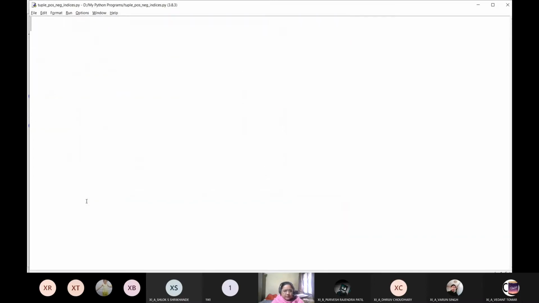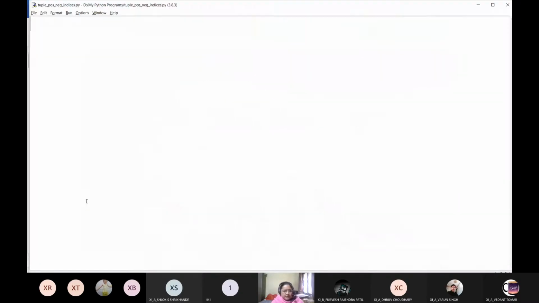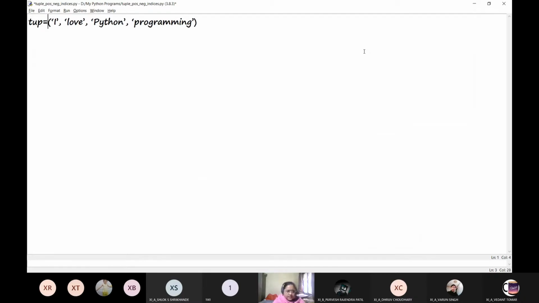Now we are going to have a tuple here. The tuple is already given to us. I'm going to just copy this and name it as tup, and this kind of quotation mark is not allowed, so I have to change the quotation mark. So this is it. Now to print the value.